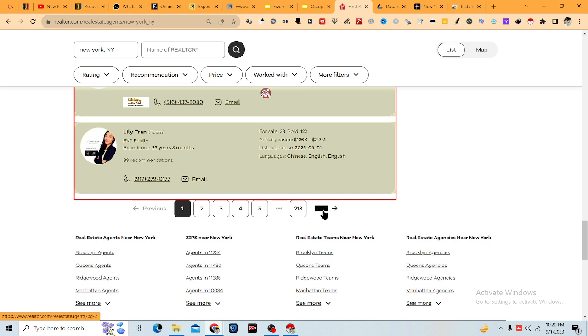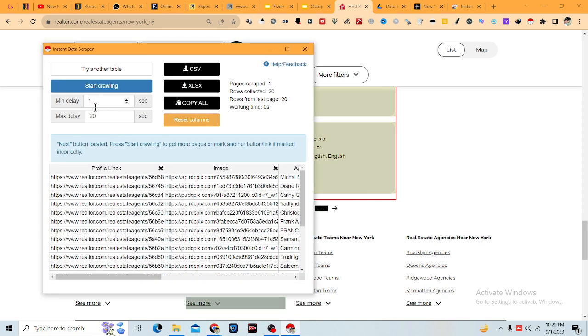So here you can see the next button is highlighted. I just clicked, so it highlighted in green. After that, you can keep the minimum delay, and this is the maximum delay. If your internet speed is slow, then you can keep it at maximum, as you can see. Okay, after that you can click on